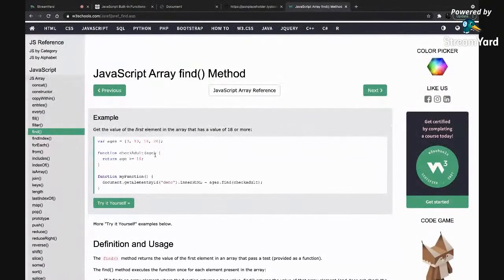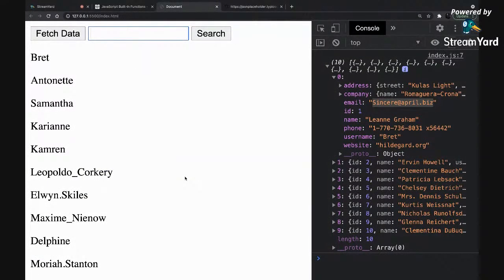Filter returns an array of the elements that pass the condition, and it goes from 0 to n minus 1. But find looks for just one element that passes that condition.